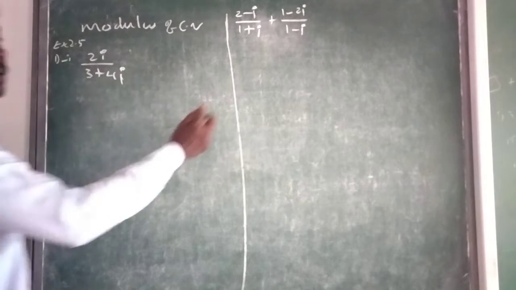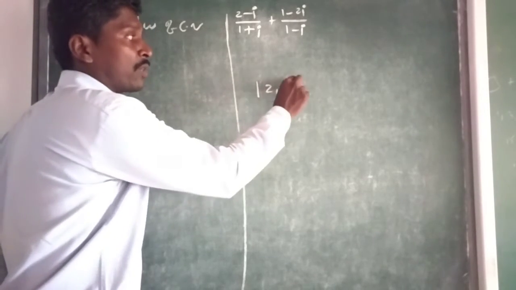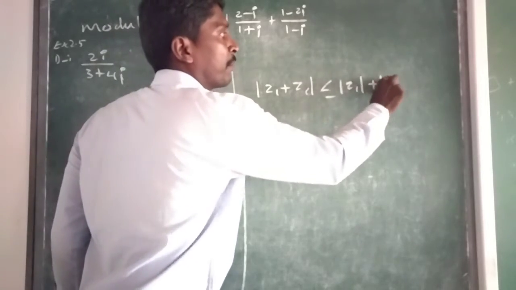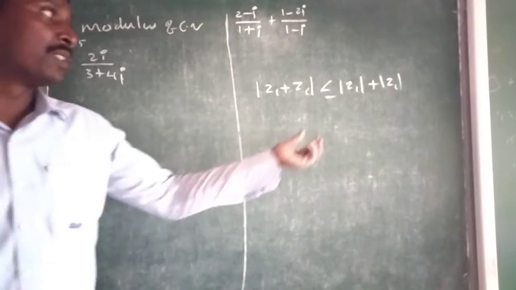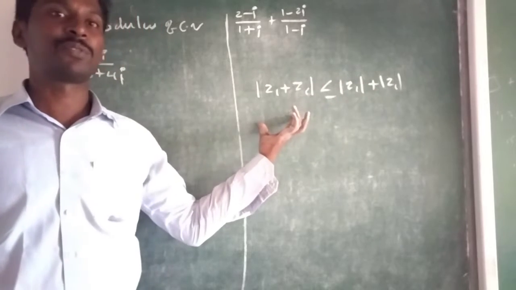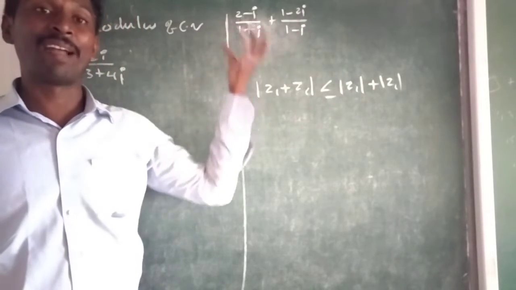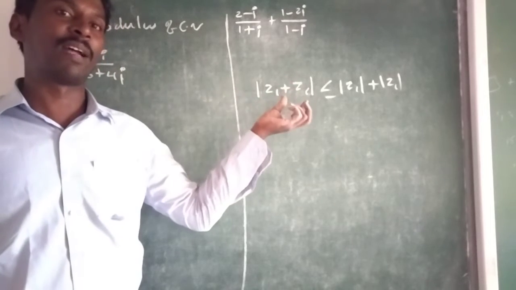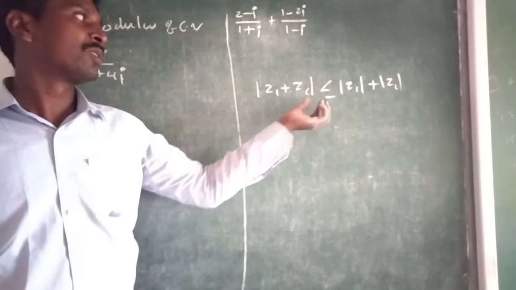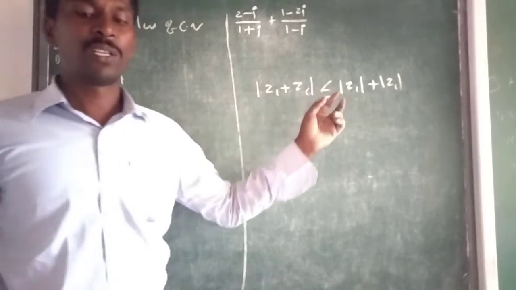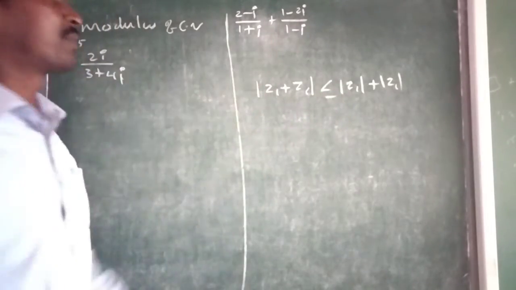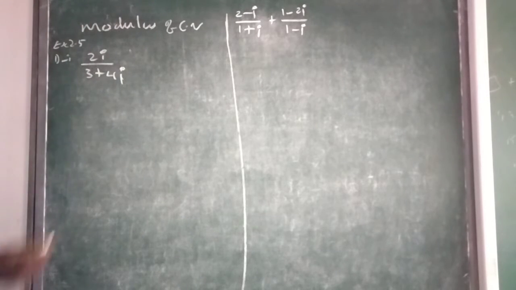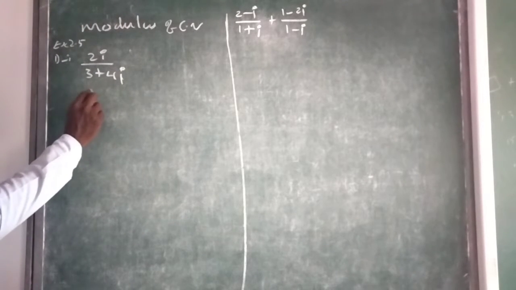Because the modulus of a sum of two complex numbers is less than or equal to the sum of the moduli, as we learned in the triangle inequality property. So individually taking the modulus, the value may be equal to the sum of both moduli, but they are not always equal. Sometimes equal, sometimes less than. That's why we bring the sum of two terms into a single term, then take the modulus value. But in this sum, we can directly apply the modulus to the numerator and denominator.